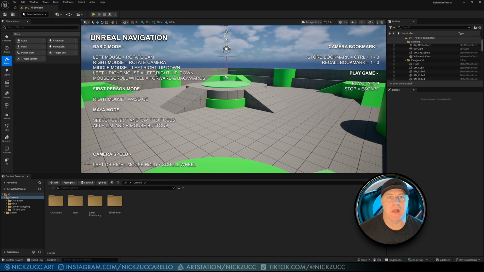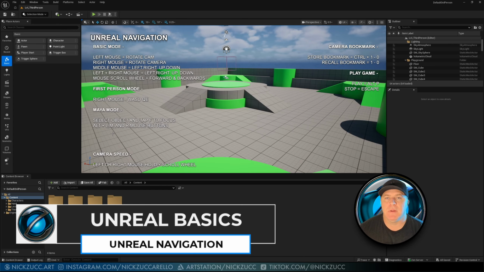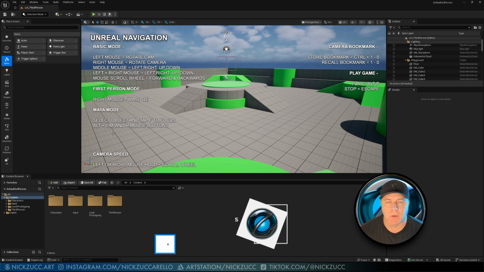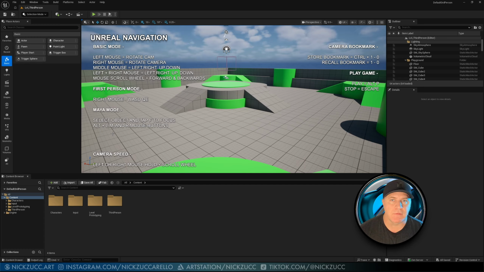Let's go ahead and talk about navigation. So being a 3D artist, what I've observed about any new 3D program, and Unreal is a 3D program of sorts, you're in a 3D world. In order to be successful at that program, you really need to know how to navigate the 3D space. Okay, so that's the first thing I really want to teach you, and I want to go over with you